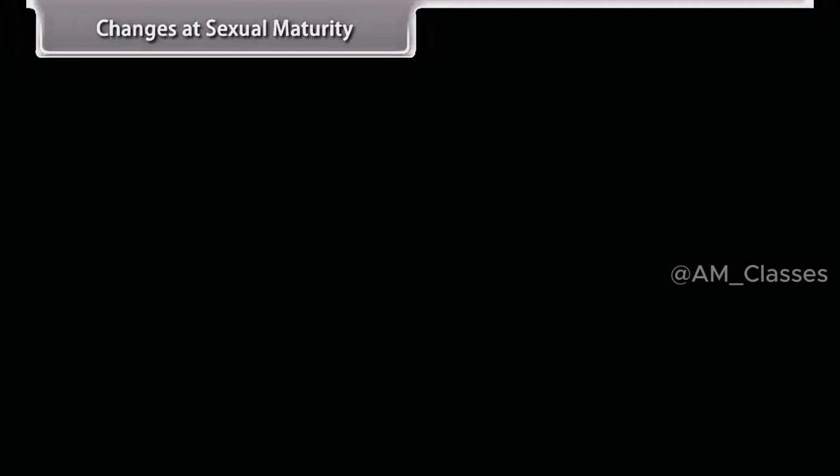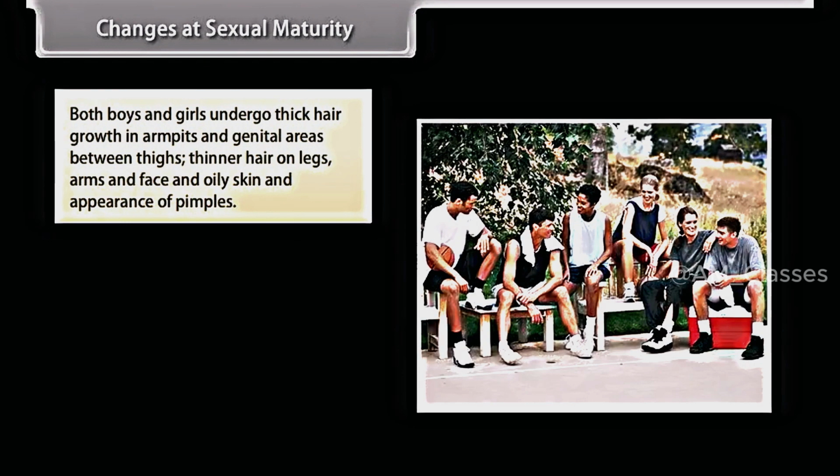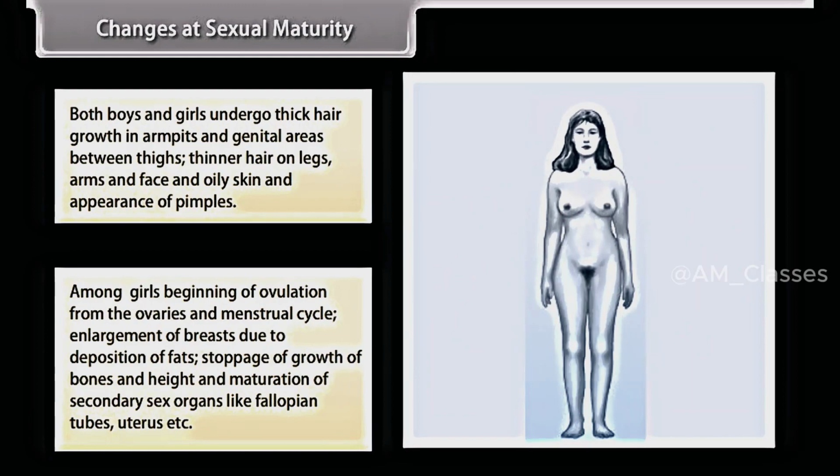Changes at sexual maturity. Both boys and girls undergo thick hair growth in armpits and genital areas between thighs, thinner hair on legs, arms and face, and oily skin and appearance of pimples. Among girls, there is beginning of ovulation from the ovaries and menstrual cycle, enlargement of breasts due to deposition of fats, darkening of nipple skin, stoppage of growth of bones and height, and maturation of secondary sex organs like fallopian tubes,